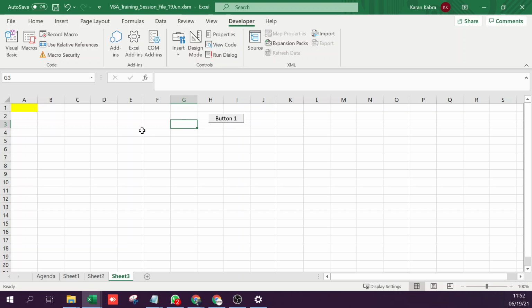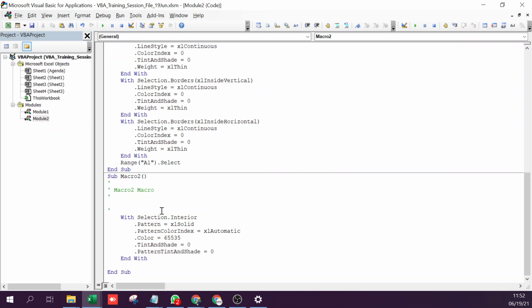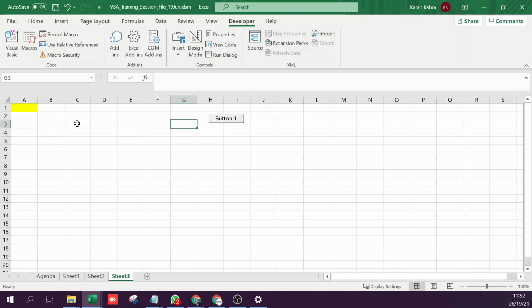I've created a button which is going to run macro 2. And normally the code that is recorded is extremely static. So if I select this and click on the button, see, it is highlighting this cell, because the macro was only to change the fill to yellow. It didn't do anything else.